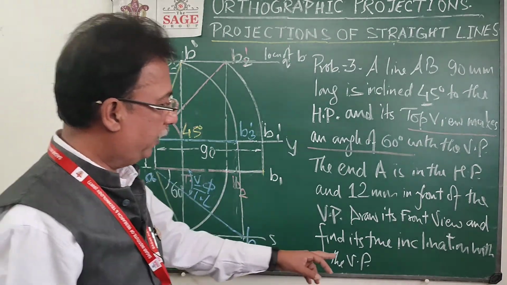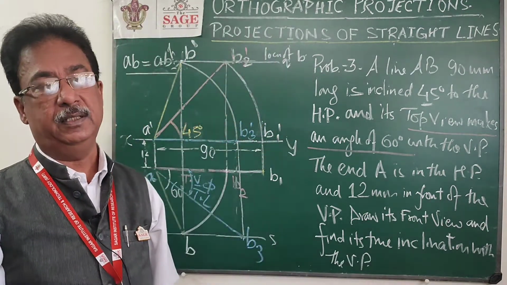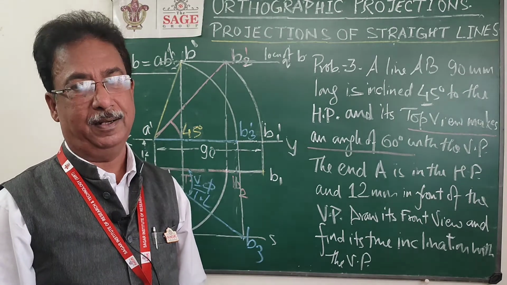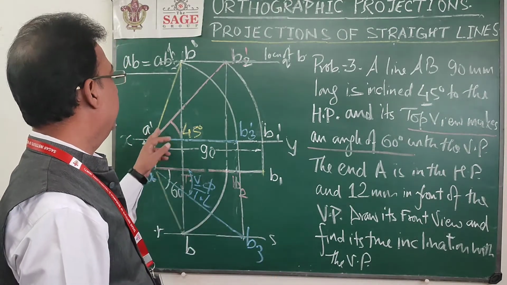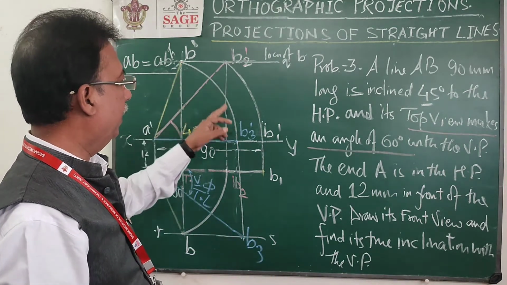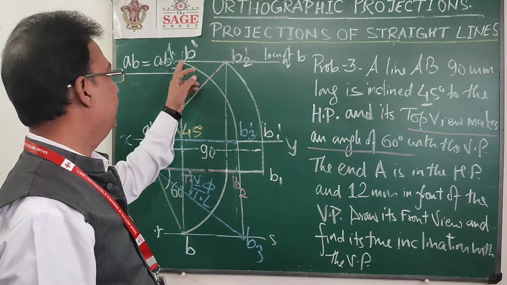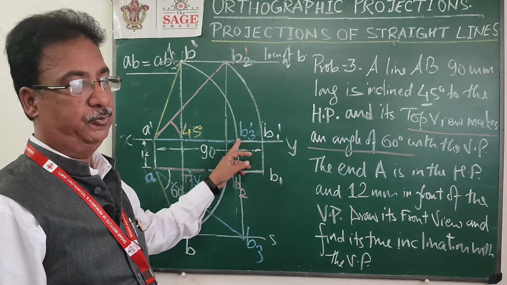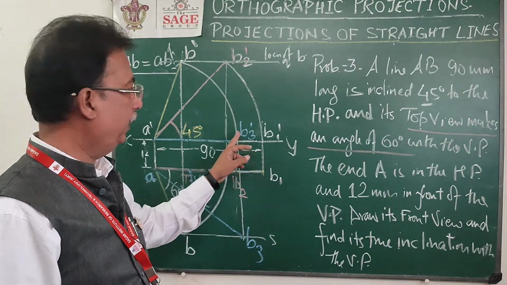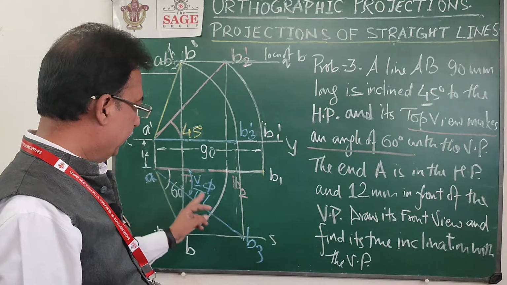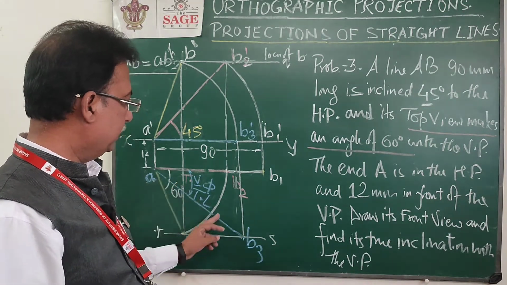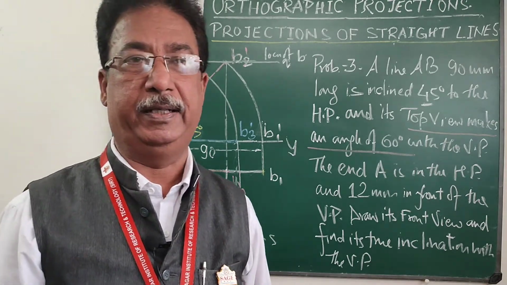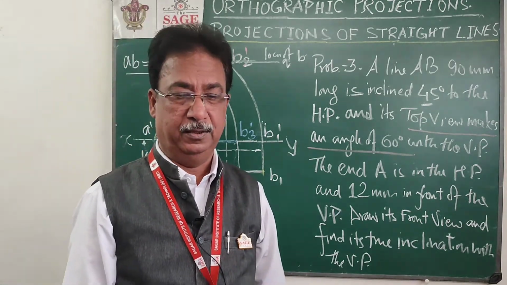अब क्योंकि मुझे लाइन का ट्रू इंक्लिनेशन VP से फाइंड करना था, आप जानते हैं VP से ट्रू एंगल कब विजिबल होता है, जब लाइन HP के पैरेलल होती है. तो मैंने यहाँ रिवर्स किया, मैंने लाइन जो ऑलरेडी इंक्लाइन टू बोथ थी उसको पैरेलल टू HP किया. तो A डैश B डैश को टर्न करके मैं कहाँ लेके आया, A डैश के लोकस पे, that is on the XY line. तो मतलब लाइन कहाँ पे हो गई मेरी HP पे, और इसका टॉप व्यू प्लॉट किया. AB3 will be the top view, आप क्रॉस चेक कर सकते हैं, ये AB3 लाइन ट्रू लेंथ के बराबर है, and this angle will be phi, that is the inclination of the line with the VP.